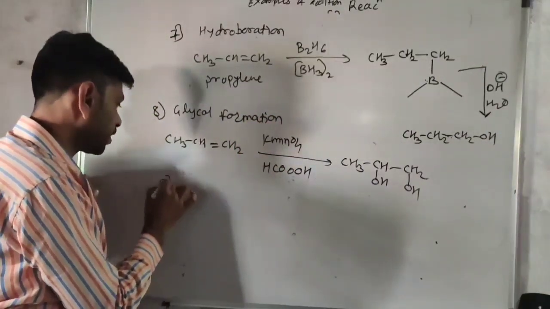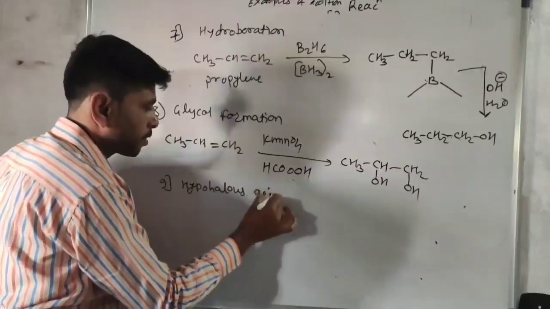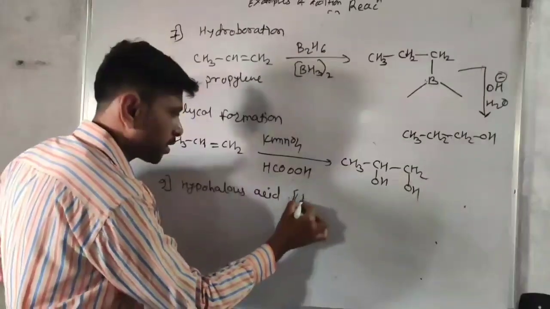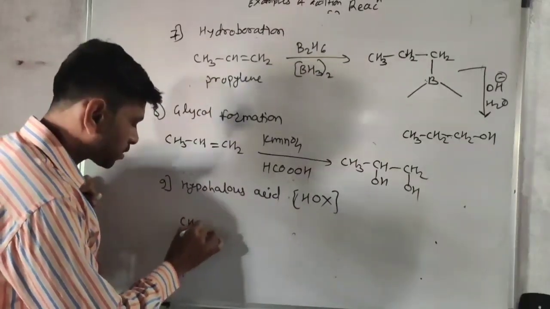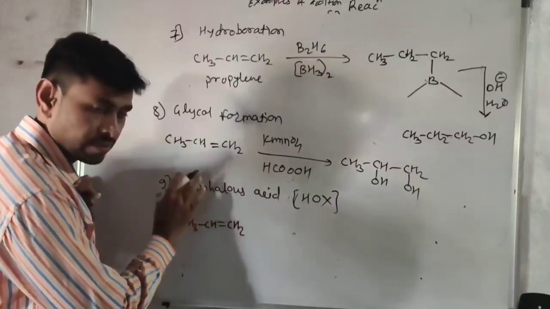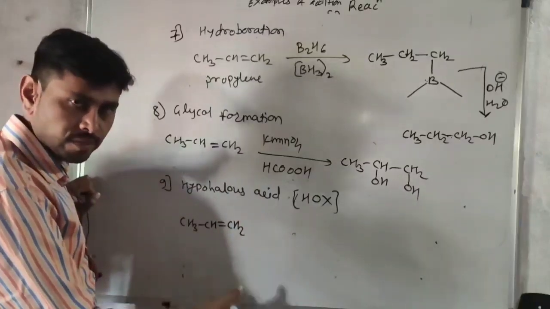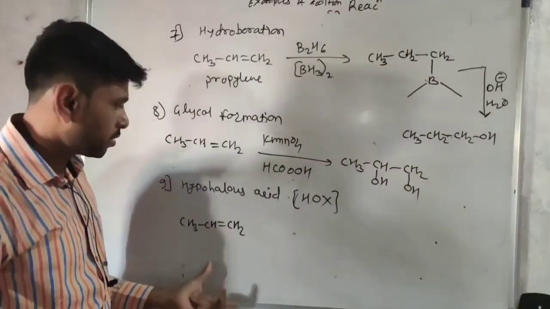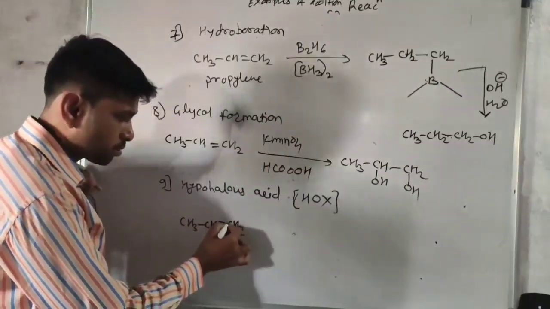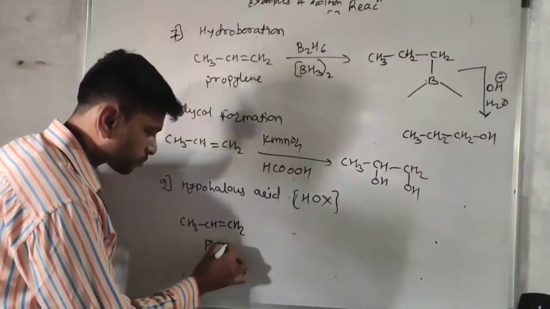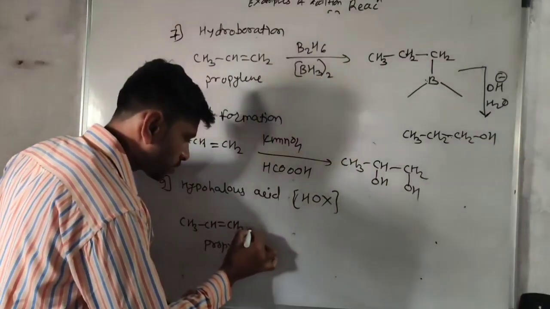See another example, that is addition of hypohalous acid. So hypohalous acid, we know that HOX is a hypohalous acid. Suppose for example we have taken this unsaturated system. I have taken the same example because it is convenient to understand. We can take another alkene system here and apply the same rules. So CH3CH double bond CH2, that is propylene, is a simple unsaturated system, and this unsaturated system,